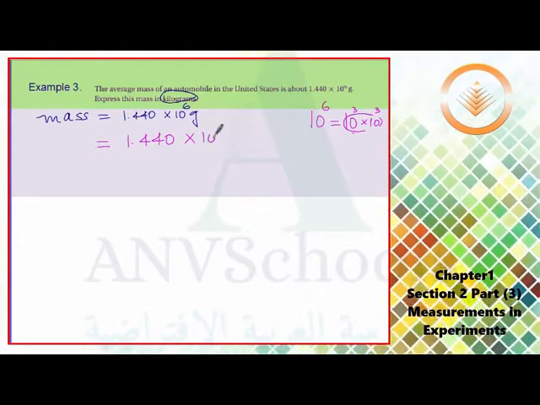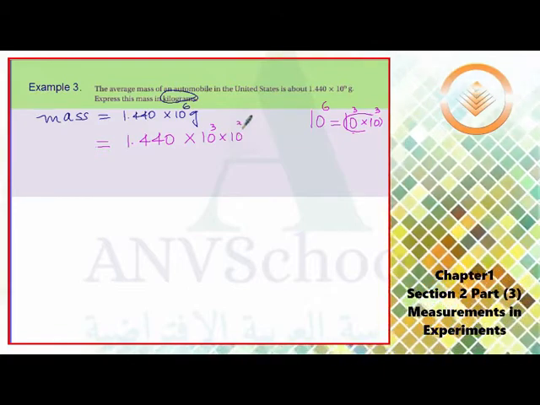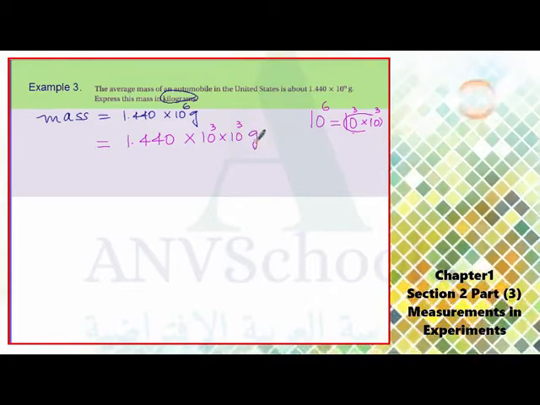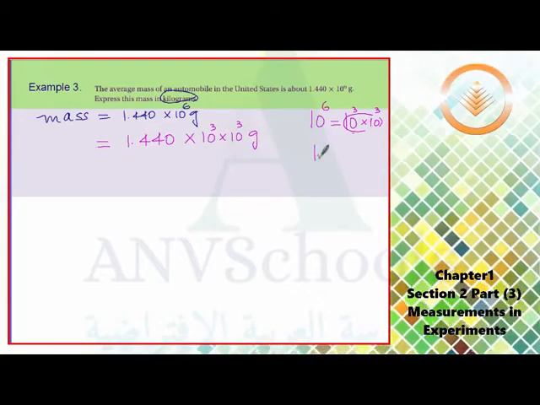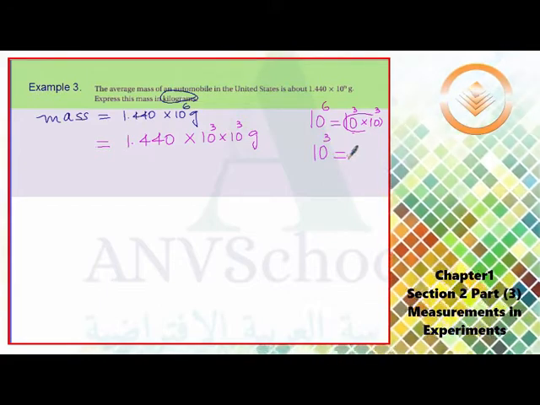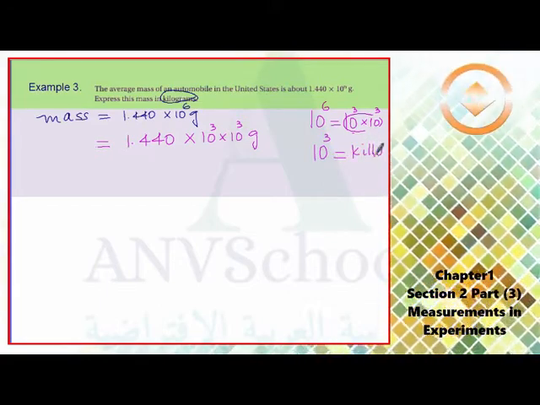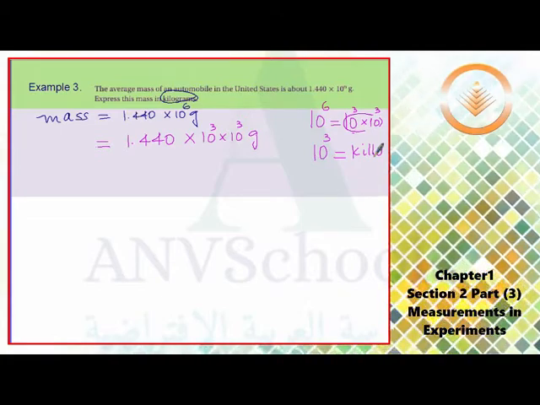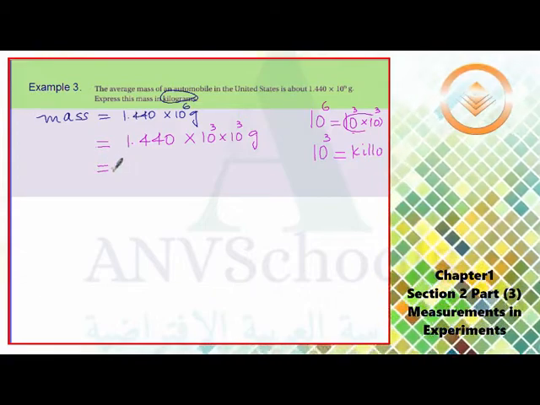So I can write this as 10 to the power of 3 multiplied by 10 to the power of 3 gram. From the prefixes, 10 to the power of 3 has a name called kilo. Kilo is a prefix which refers to 10 to the power of 3. So this is equivalent to